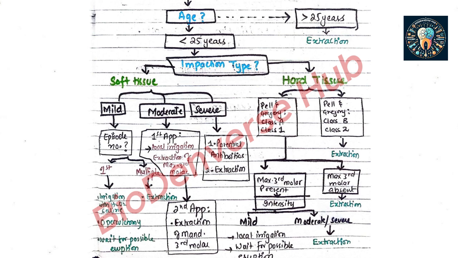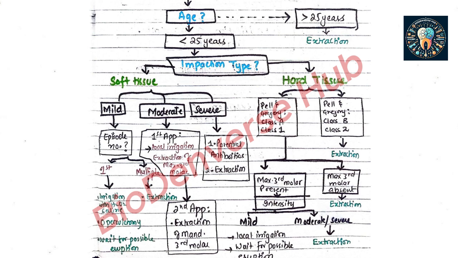If it is the first episode, you need to irrigate it with H2O2 or saline, or perform the operculectomy and wait for the possible eruption. If there are multiple episodes, you need to extract that tooth. Now, if under the moderate category the patient has the first appointment, there is a need for local irrigation and